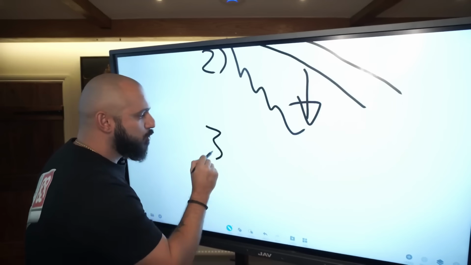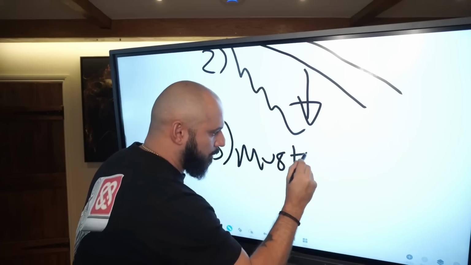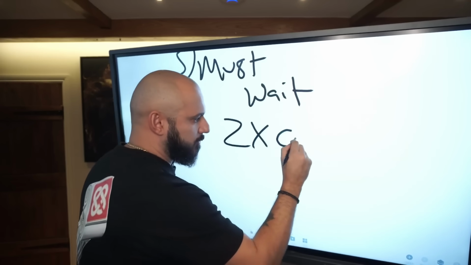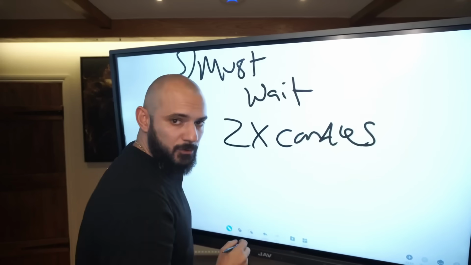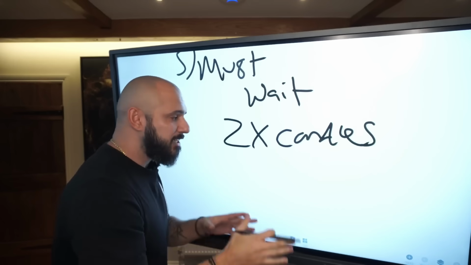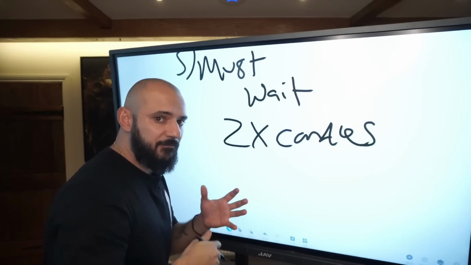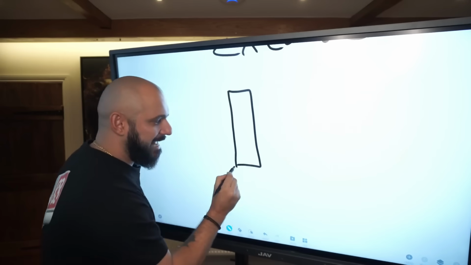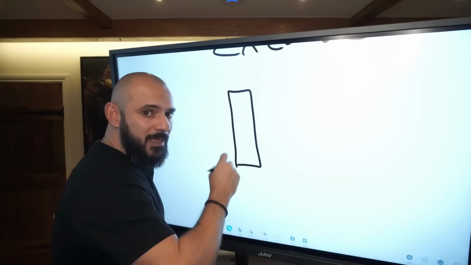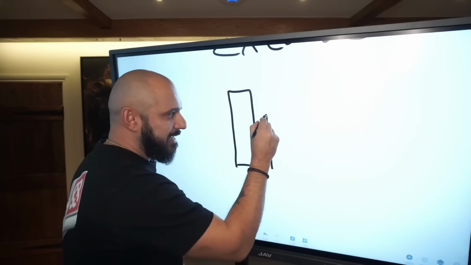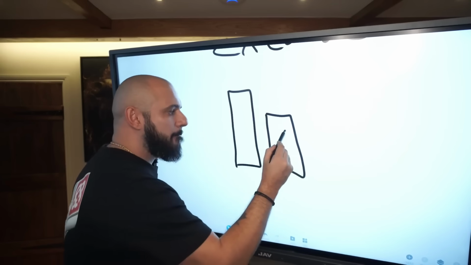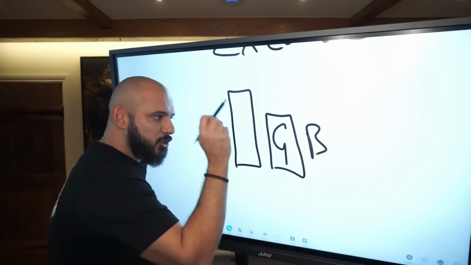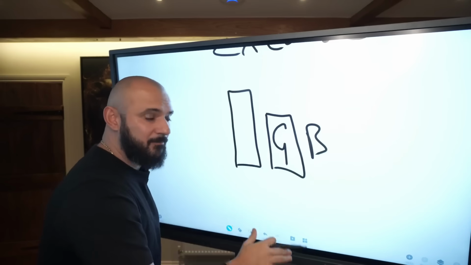Third, you must wait for 2 candles to close. You have to wait for it because there's no point in trading the formation if it's not there. So you have to wait for a big red vector candle to occur. That will then be followed by another candlestick that must become a green vector. It can become a blue vector candle, but as long as it's a green or a blue vector, it then